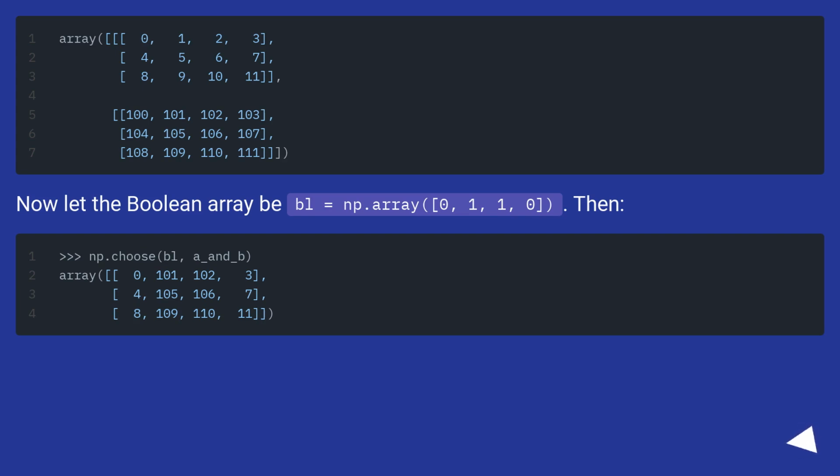Now let the Boolean array be bl equals np.array 0, 1, 1, 0. Then, if